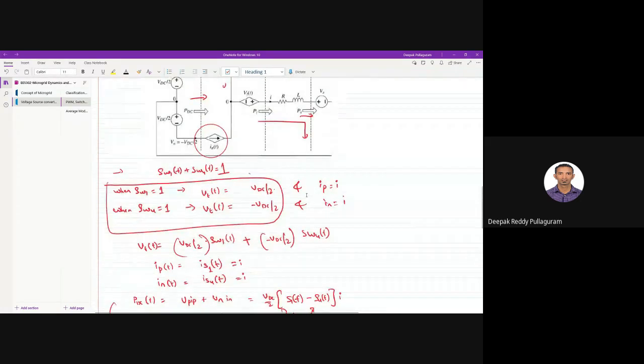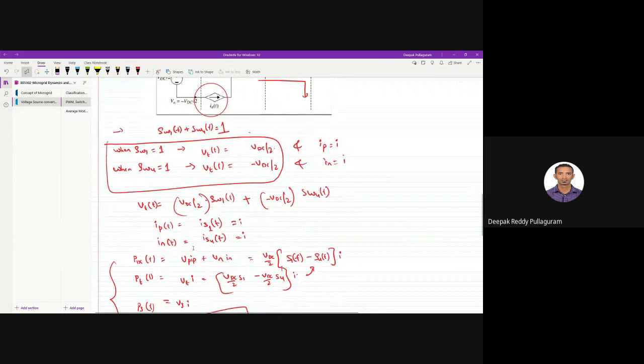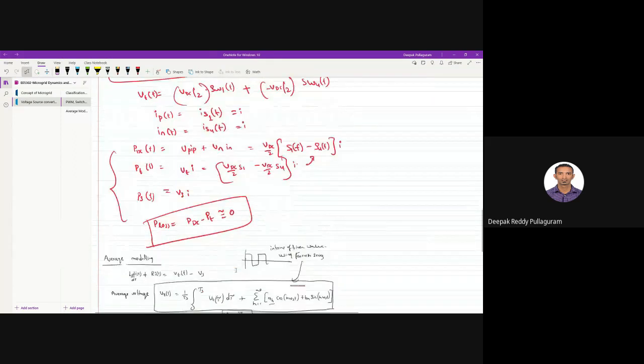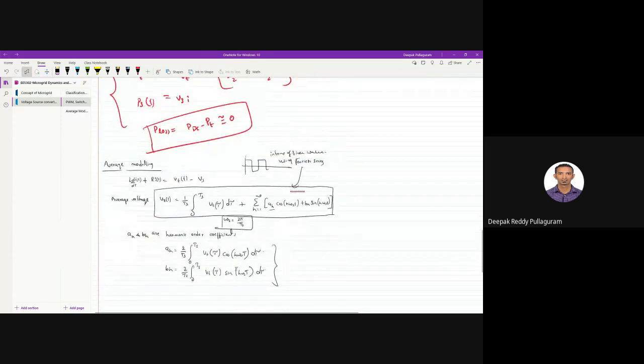We already saw the switch level equations. If you do recollect, we wrote them in terms of SW1 and SW4, and we got the power also in terms of switch level equations. Now we are trying to get it into average form. Just like in power electronics for a buck converter or boost converter, first we get a switching instance switch model, and then we do the average model too. The same approach we are following here.